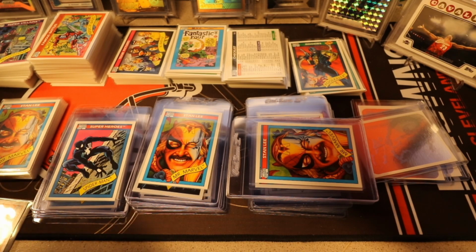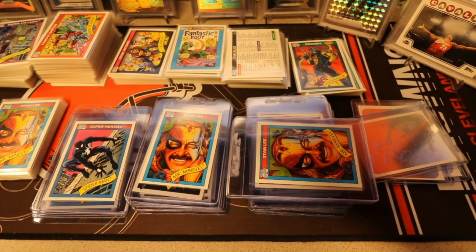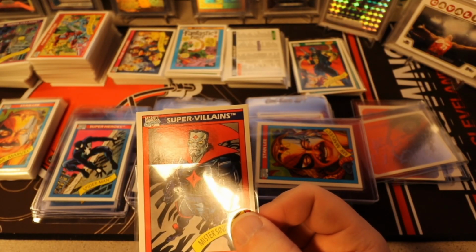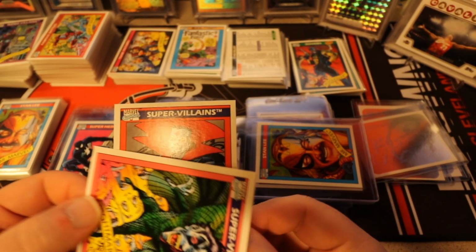Now, the other thing, and I noticed this while I was ripping, but I didn't realize how many cards it was actually on. The quarter of the box that did not have that mark on it, this was the weird part: all the cards that had that mark did not have the second thing I'm about to show you. I pulled this one out to show, and this is also not very easy to see. On Mr. Sinister here,